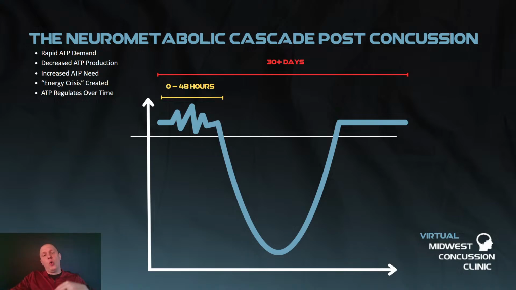If I'm down at that low level of energy production, that ATP production overall, and I sustain a second hit to the head, there's another rapid influx of ATP demand for a short amount of time, and then my energy levels tank production again. If the bottom of that graph is the basic ATP level that we need to carry out major body functions, and all of a sudden our ATP production drops below that level that we need to sustain life, now all of a sudden we run into a situation where vital organ systems can start to shut down. The idea behind second impact syndrome is actually fatal for a lot of people that it occurs with,